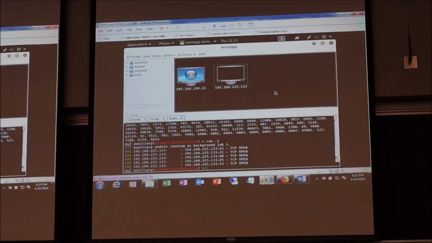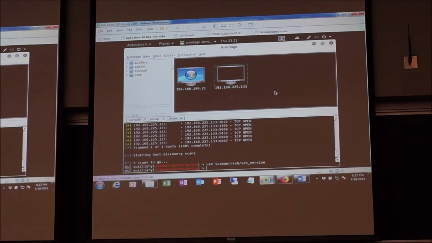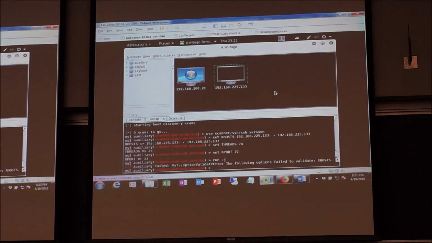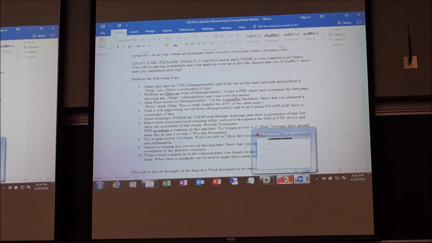And that's going to do a standard intense Nmap scan. So you want to get this captured, that's good. That'll suffice for your lab, for question number 5. Alright? But now that we know the IP address,